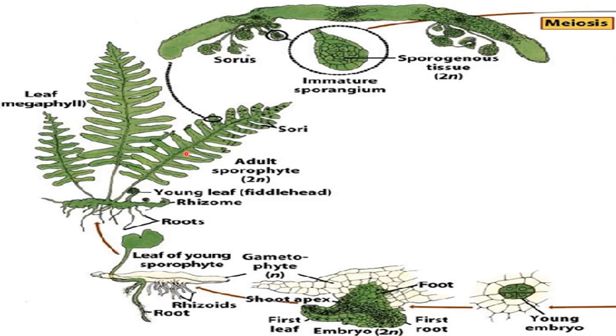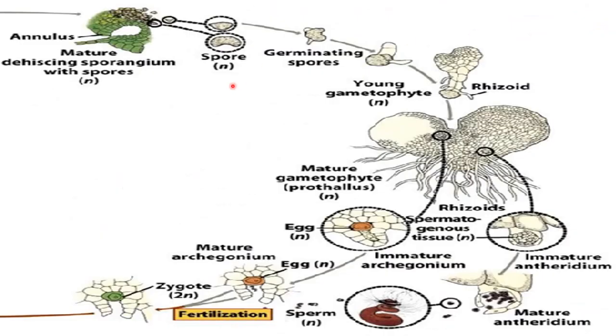Now on this sporophyte structure, sporangium is present, and inside the sporangium there will be meiosis division. Here you can see meiosis division will occur, and after meiosis what will happen? You see here, after the meiosis these spores will be formed inside this sporangium. Okay, this sporangium will break, or you can say dehisce. Dehiscing means breaking of the sporangium, and these spores will come out.